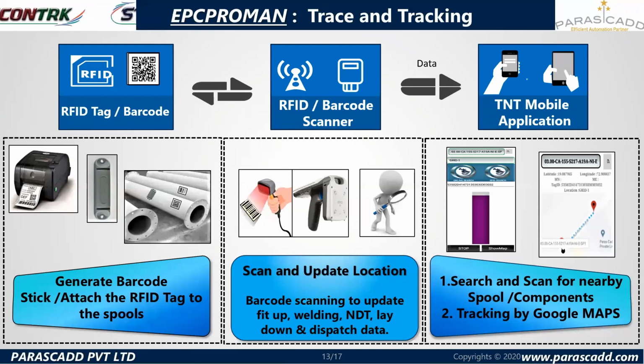We can see here that trace and tracking is our module which takes care of these activities. Here we can see RFID tags as well as paper barcodes can be generated. These barcodes and RFID tags are generated by supplying the information to them. For example, I am looking to generate a barcode for a specific component, so I will supply information like item code, heat number, MTC number, quantity, MOC, and length. In the case of metric items like pipes or cables, I will also supply the standard length. So it's completely flexible what parameters I supply to this RFID and barcode.